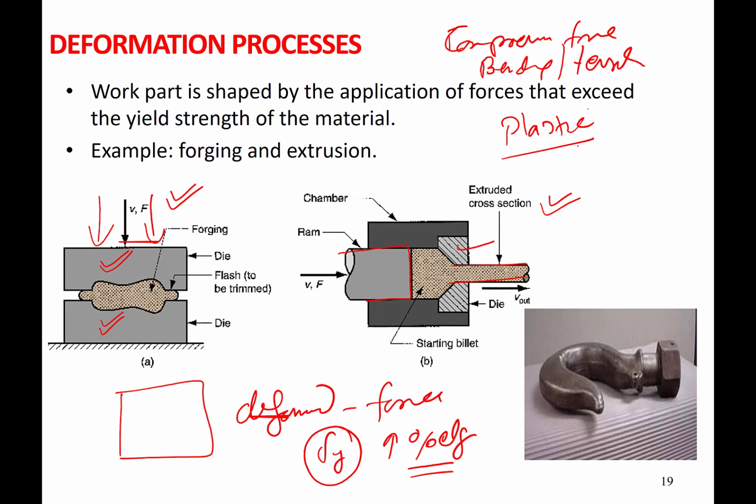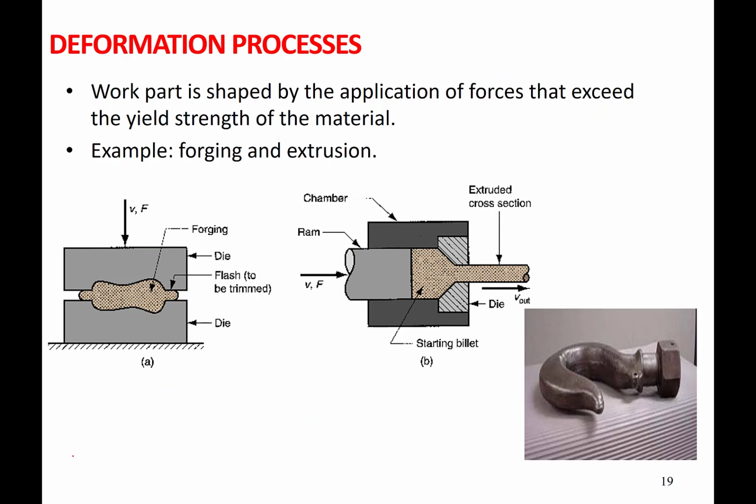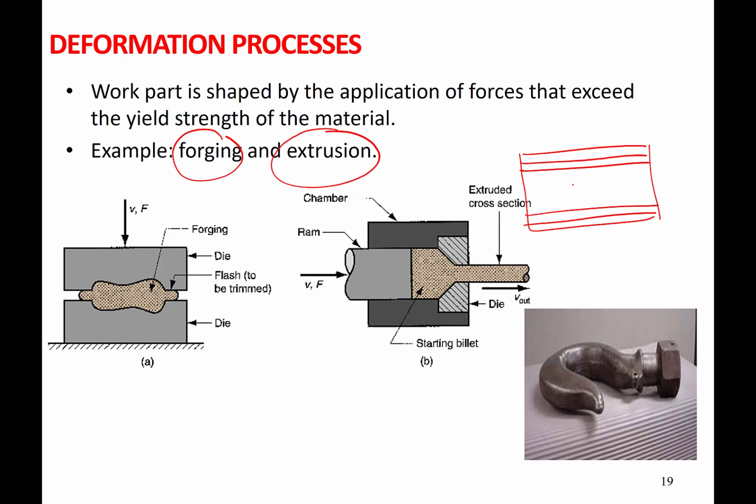Whenever plastic deformation is there, you'll see the surfaces are deformed to a greater extent as compared to the core. As a result of this difference, the surfaces of the deformed products, whether made by forging or by extrusion, which are deformed more, will be harder than the core section. So soft core and hard surface. This is what we call anisotropy. There is a property variation right from the center to the surface of the deformed products.